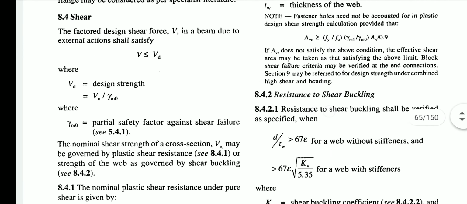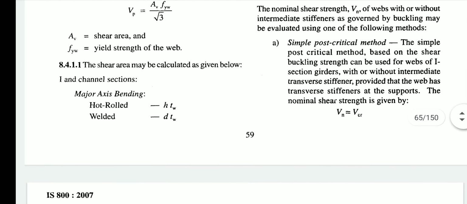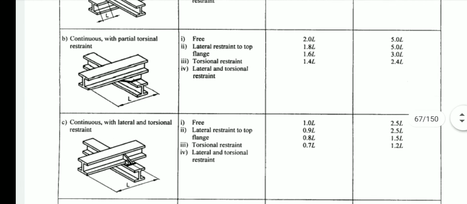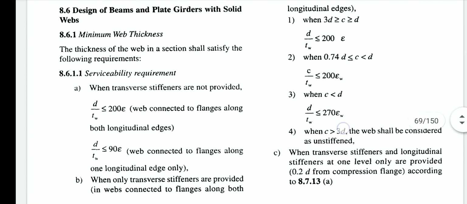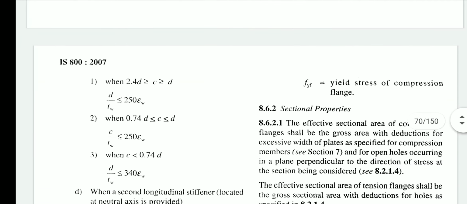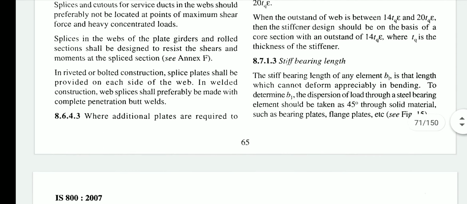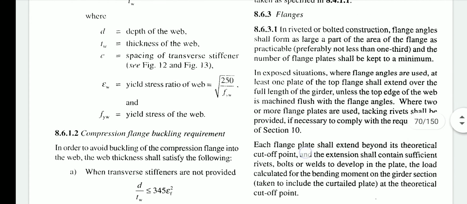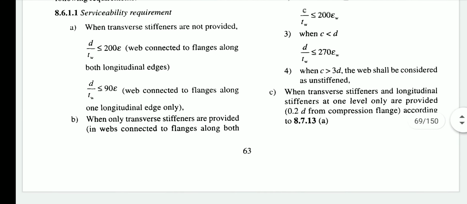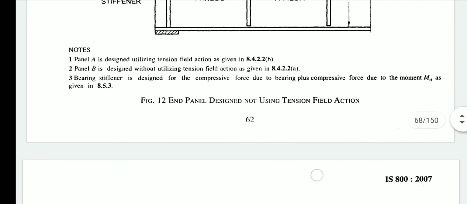Here they have given the formula, the Mdv formula. Let me check the page number, then I'll show you. Okay, page number is 63. Second case I'll show you in the next video.